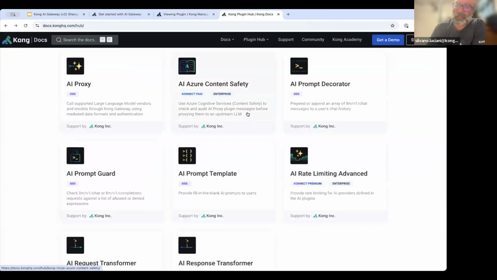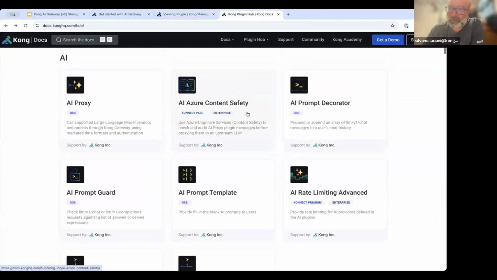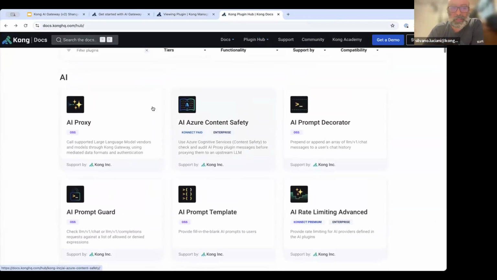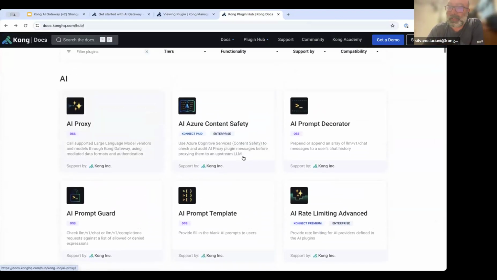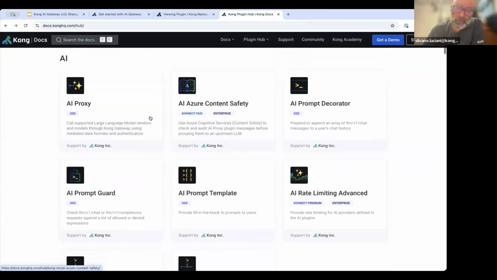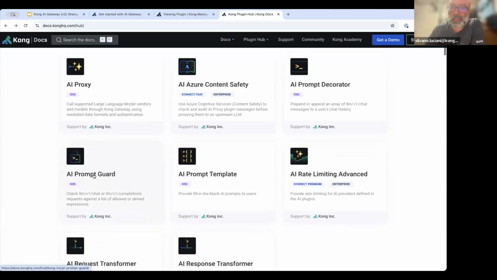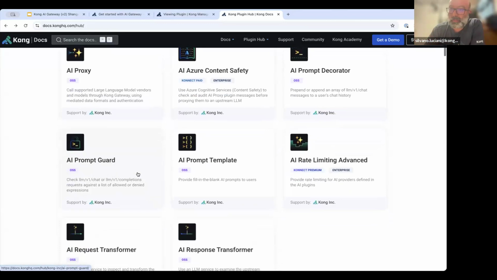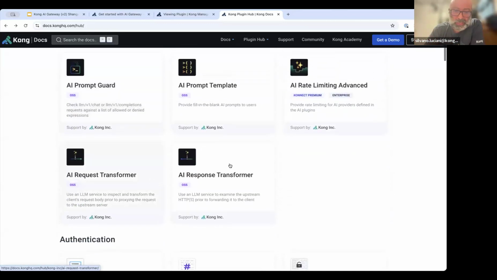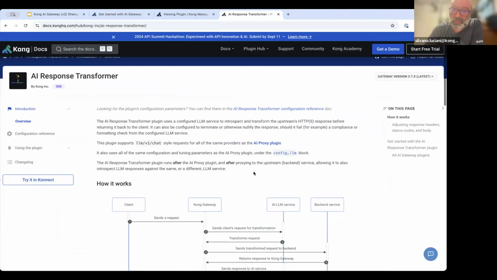If you want to know more about the AI plugins, just go to docs.konghq.com/hub, and you will find all the AI plugins that are currently available. The ones that I showed you now are the basic AI proxy, the thing that really allows you to more easily support different providers, and then this AI prompt guard, but there's a bunch more. And maybe one thing that I can show you, just this AI response transformer